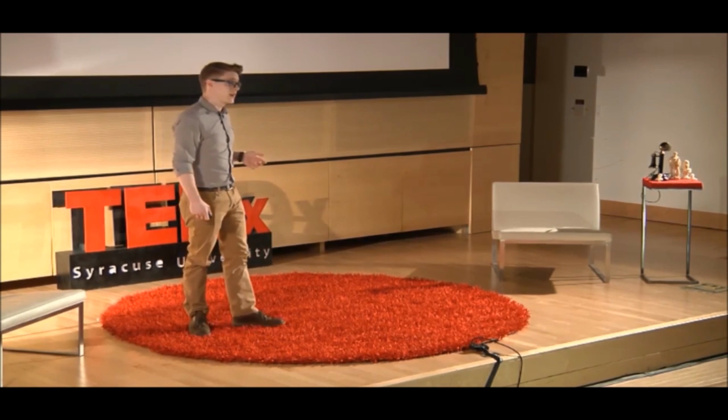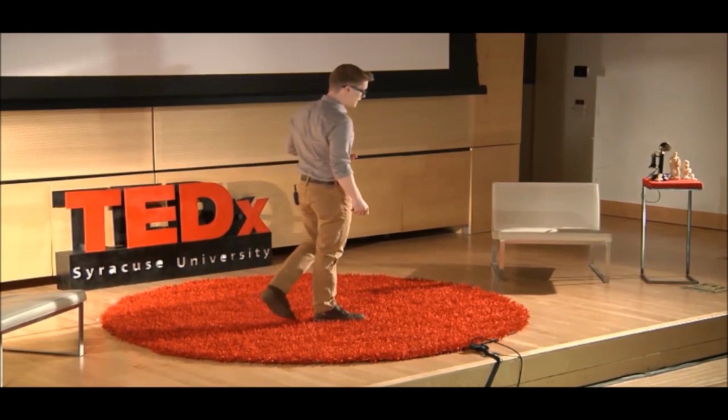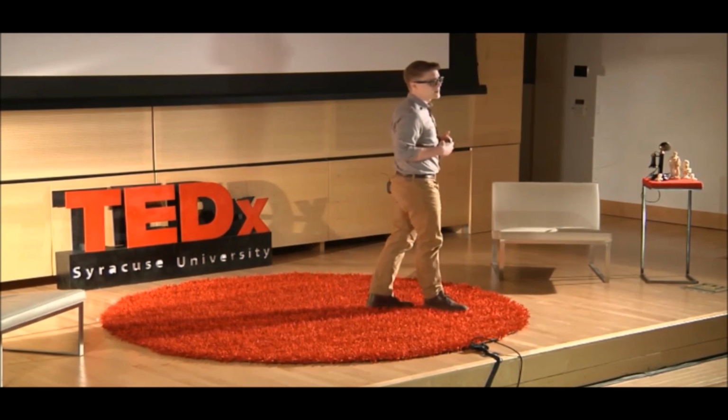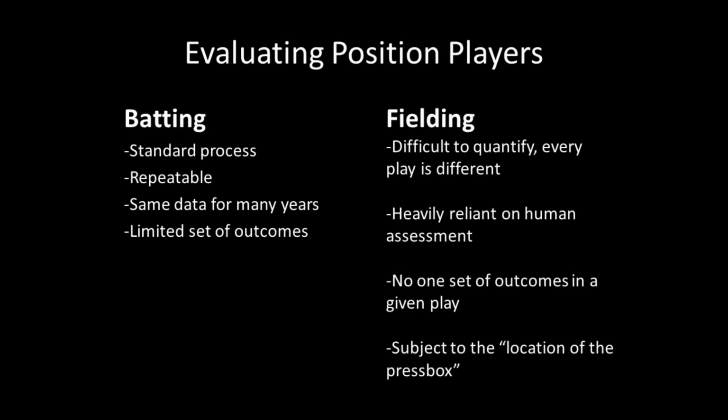Now, fielding, on the other hand, is a much thornier issue, and it gets more complex, and that's because it involves a lot of qualitative analysis. In order to collect stats about fielding, Major League Baseball employs people called stat stringers, who are tasked with the responsibility of plotting where a ball landed on the field and how it got there. And we use this information to try and assess fielders and their fielding ability.